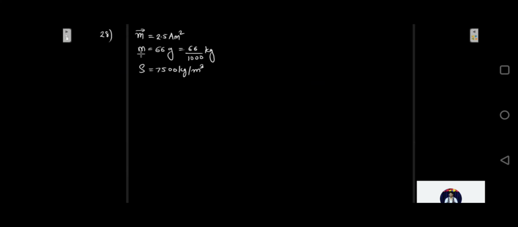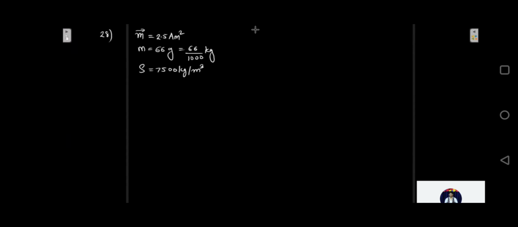So now we know the intensity of magnetization formula is net dipole moment per unit volume. This is the formula, correct? Intensity of magnetization is given as the total dipole moment per unit volume. How much is the dipole moment generated in a unit volume? This is the intensity of magnetization. So for this reason, first we need to find out the volume.